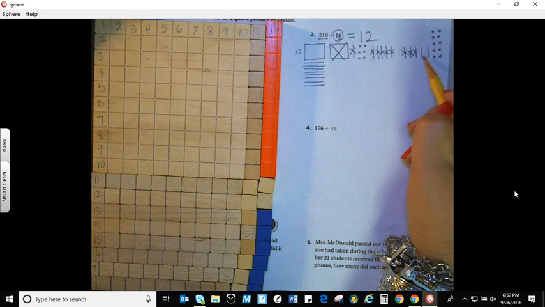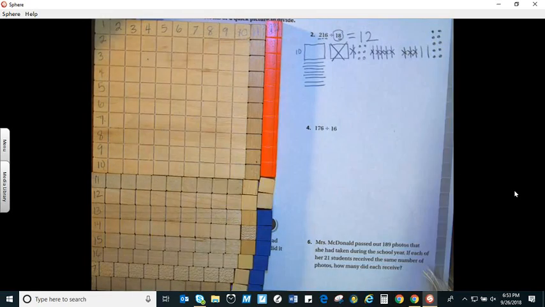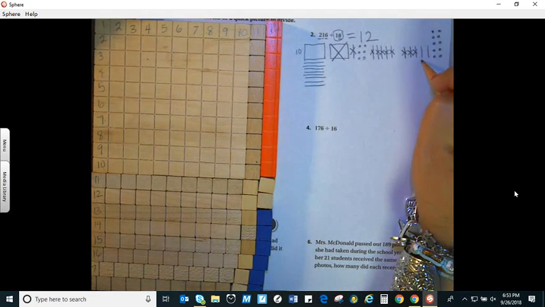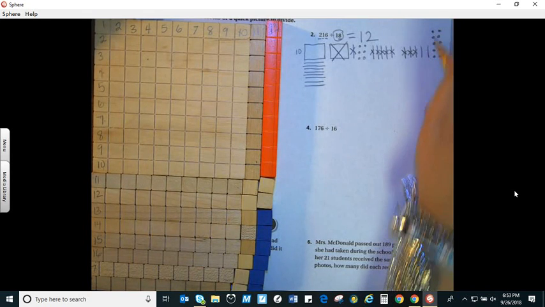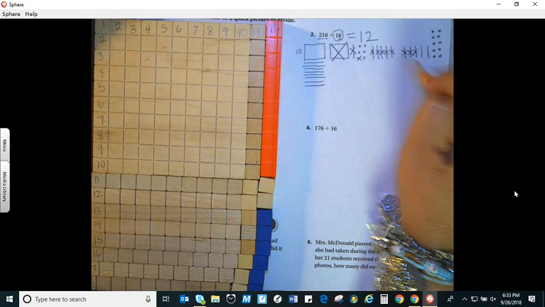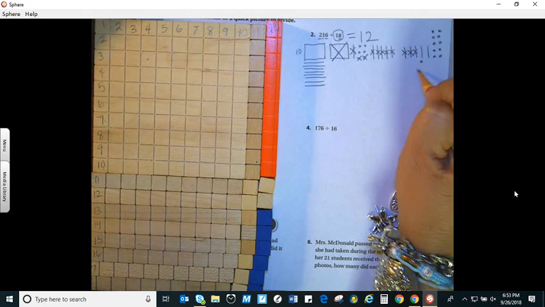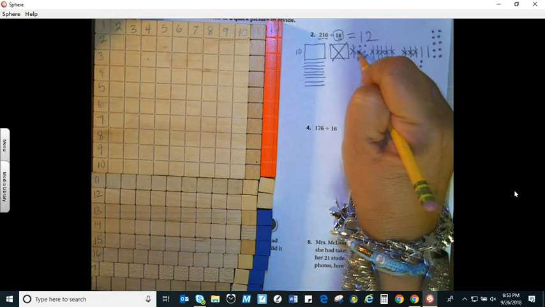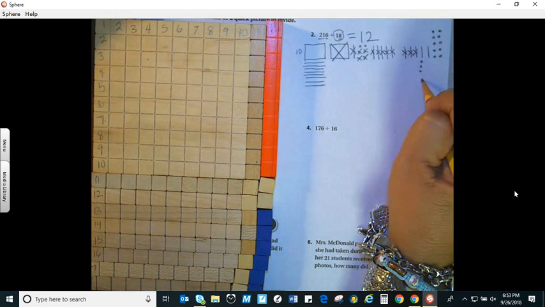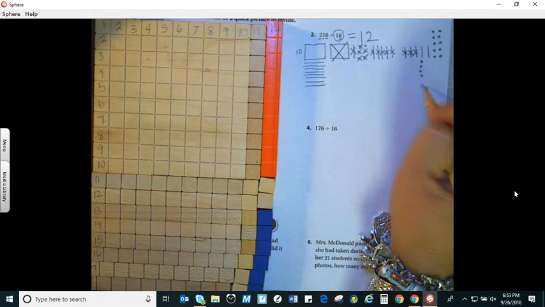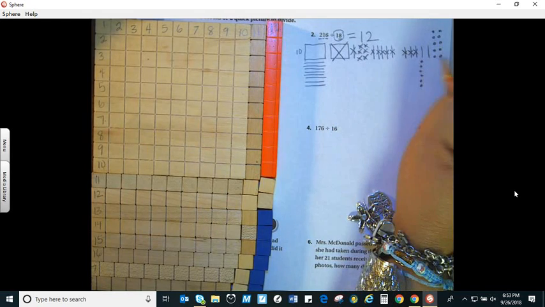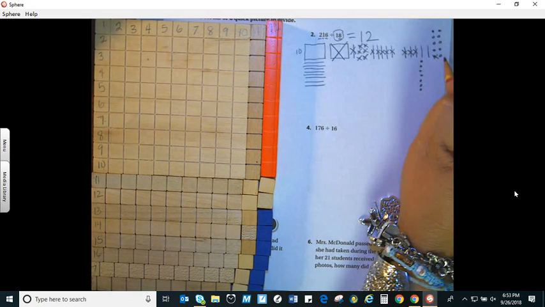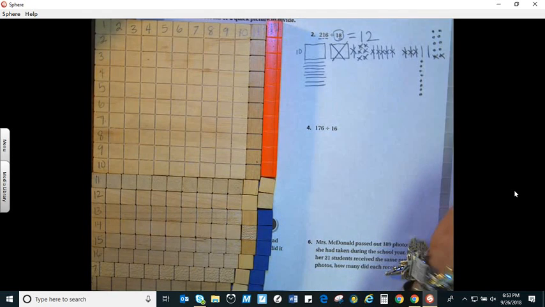Okay, now I have this one over here. We could have put it on this other side, but right now this is okay. And so I have my two 10s. So I'm going to look at my first rod. That's a 10. And I'm going to take this one. That's 11, 12, 13, 14, 15, 16, 17, 18. So I have another